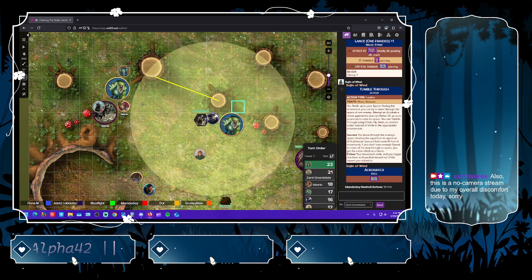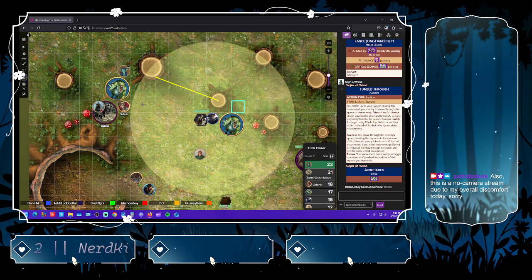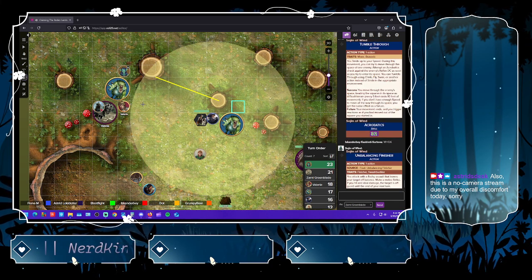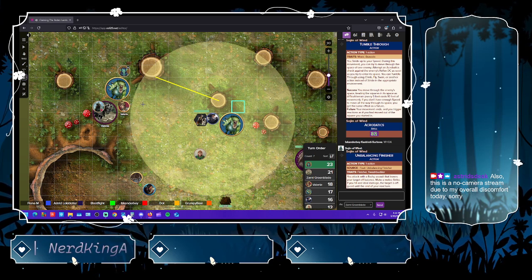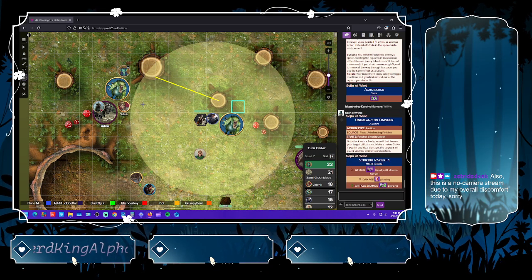Let us begin. You have panache as well. Yep. Are you declaring a finisher before you go? Yeah, actually, on the first attack, we're going to go with the finisher, and we're specifically using my unbalancing finisher. Ooh, good call. All right. So I do get my basic +2, but